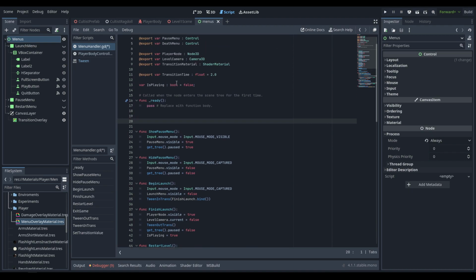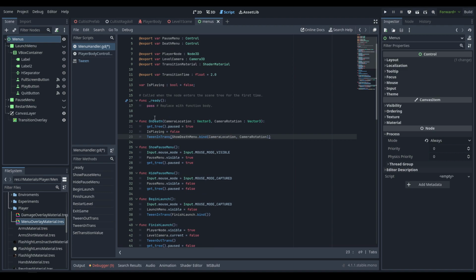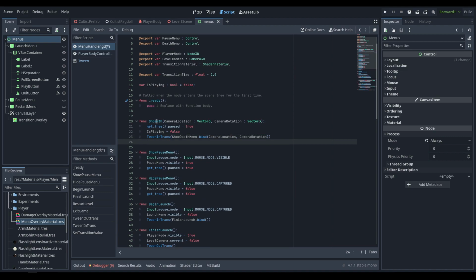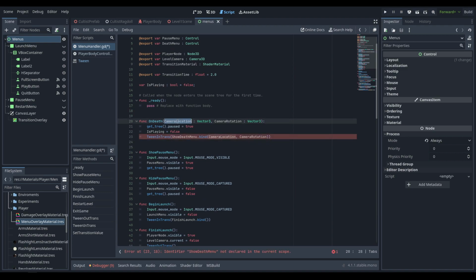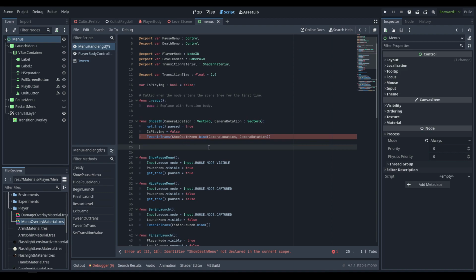Next up, there's two more scripts we need to handle, and that's going to be the death functions. The first one is going to be called onDeath, and it's going to be passing in a camera location and a camera rotation. This is going to be wherever the player's last camera rotation and position was. We're first off just going to go ahead and pause the game. We're going to set is playing to false so that way we can't use the pause menu anymore. And we're going to tween in a transition calling a show death menu function after the transition. So it's going to fade to black and then use the show death menu function, which we need to create